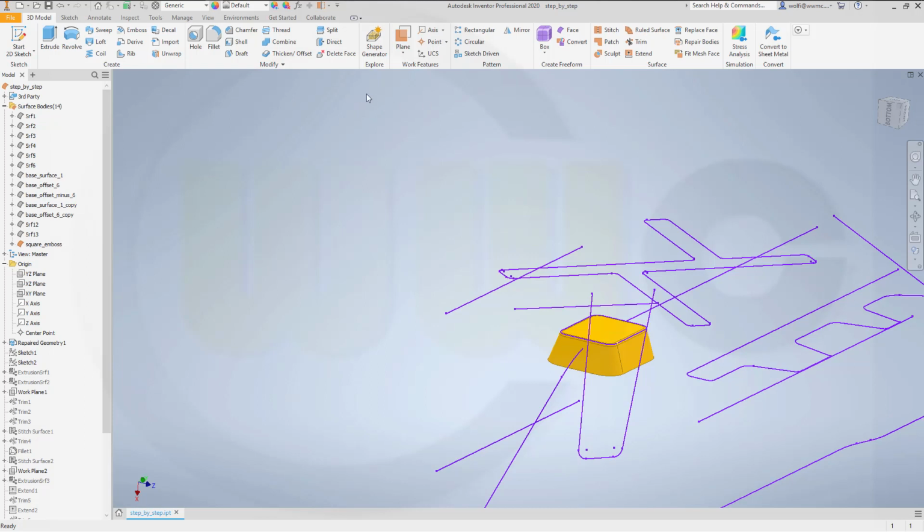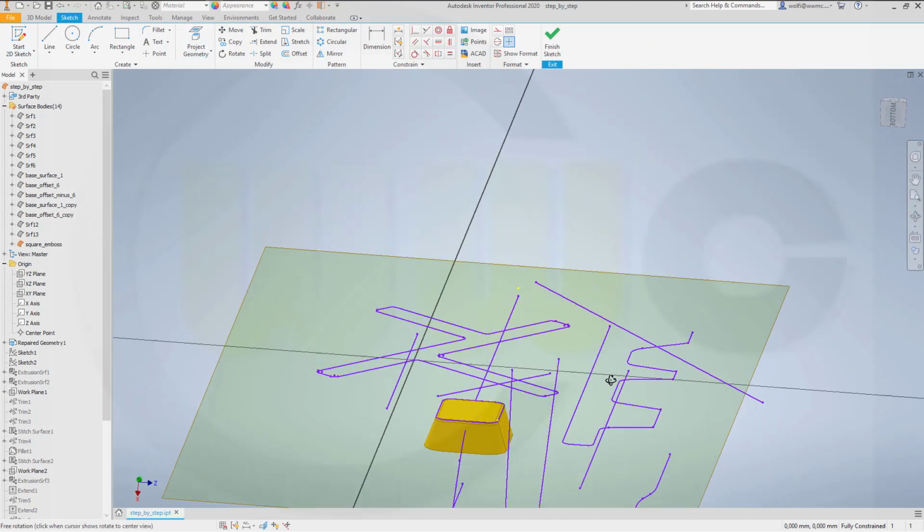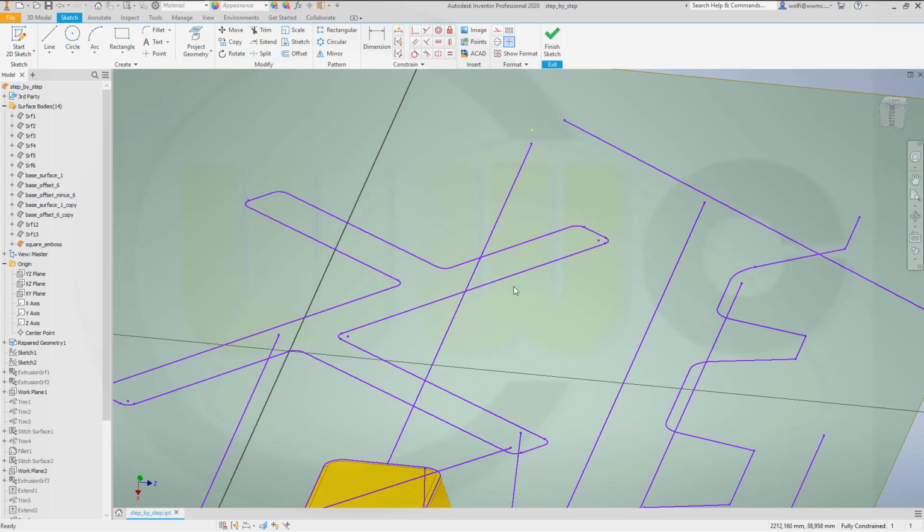So therefore I will need a plane which is parallel to the YZ plane and goes through one of those points, maybe this one. Then go for a sketch on that plane, and I want to bring in those elements. So go project,